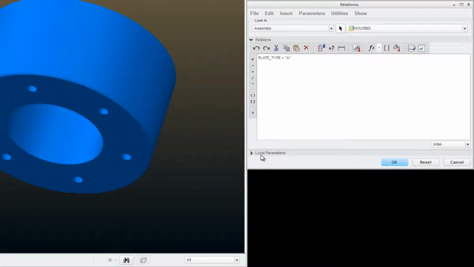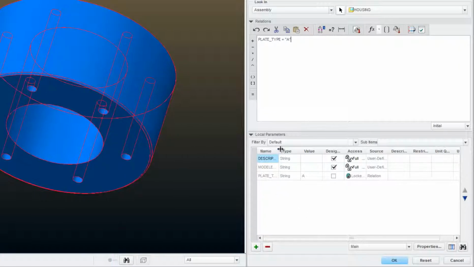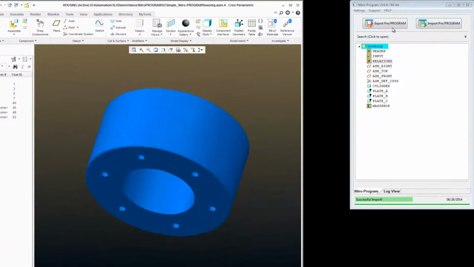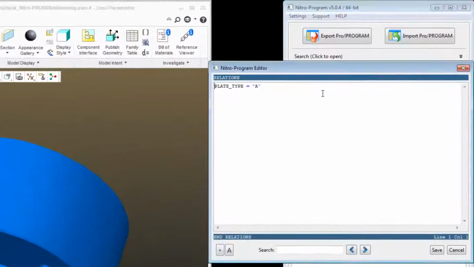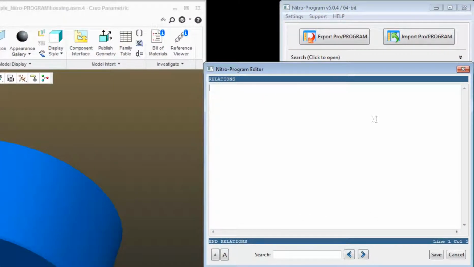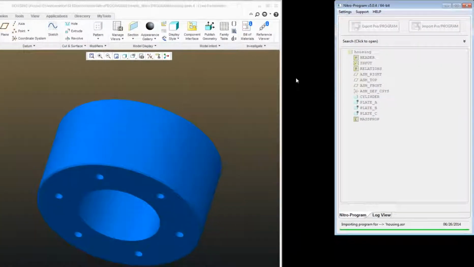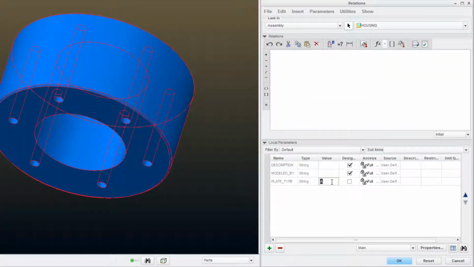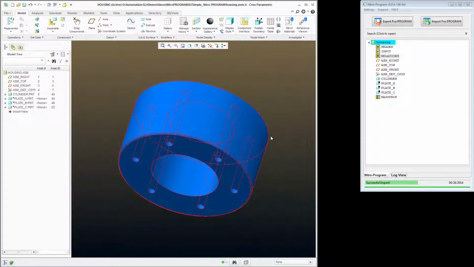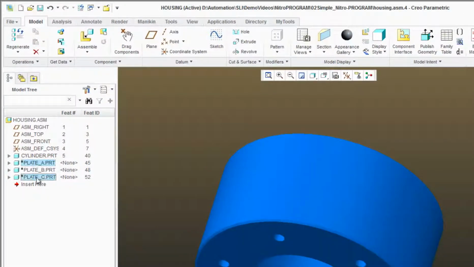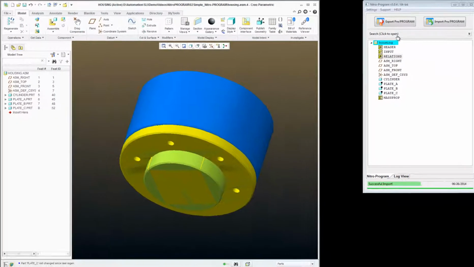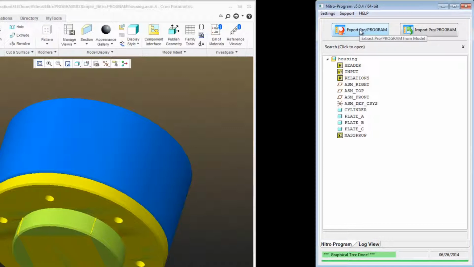And if I take a look at my parameters, I see I've got this plate type named A, and I also have that relation here. So I'll say OK. I'm going to export that again, go back into my relations, and now get rid of that relation. So it unlocks it. If I go back in my parameters now, I can change this to be whatever I want, and I'll just set it to B. And I'm going to go ahead and resume my three plates so they're all on at the same time. Come over to Nitro-PROGRAM, hit Export,